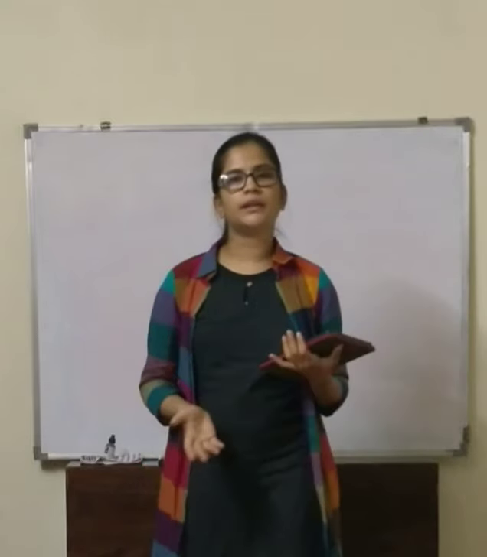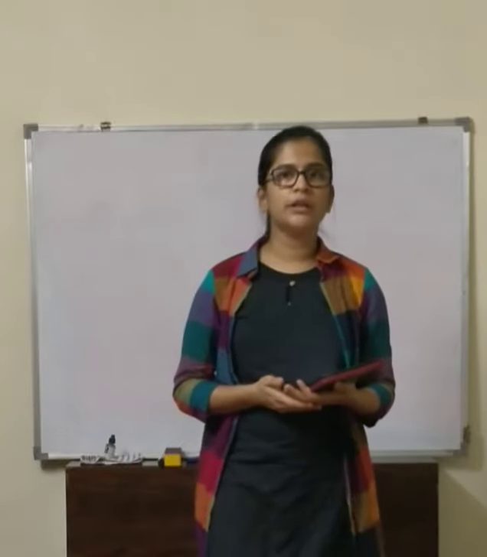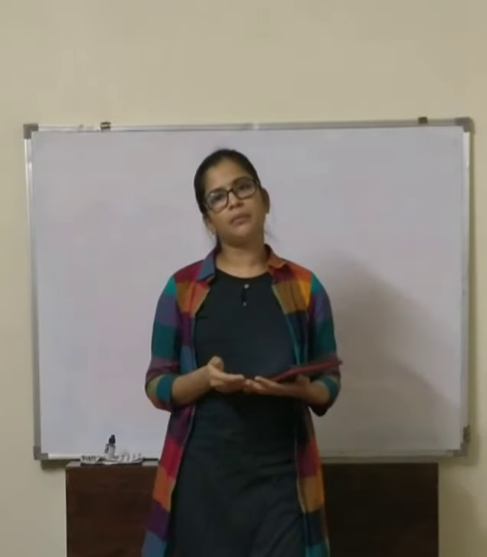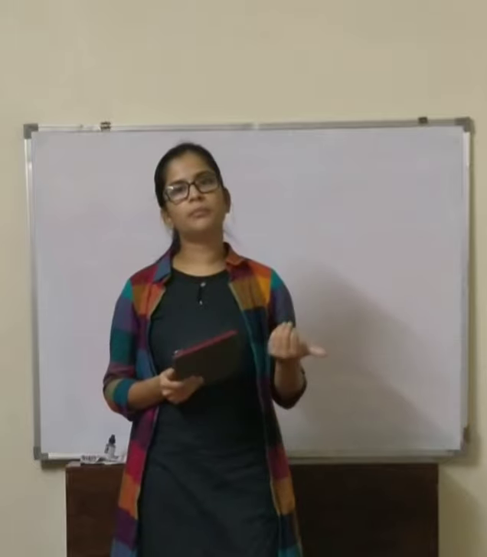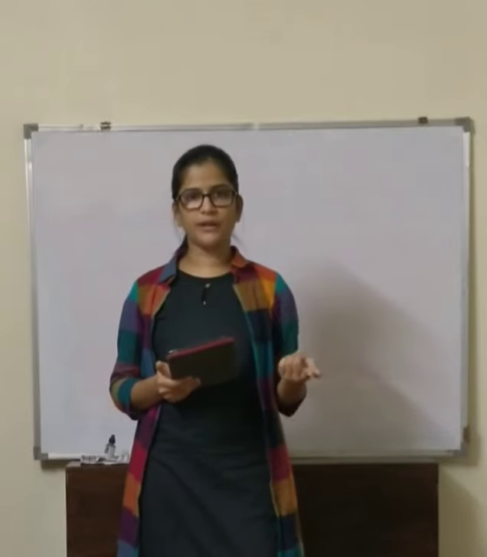Next, sixth point, purpose. The income and expenditure account will mainly give us the surplus or deficit. If the credit side is more than the debit side, it becomes your surplus. If the debit side is more than the credit side, it will become a deficit. The surplus will be added to the capital fund in the balance sheet, whereas the deficit will be deducted from the capital fund.